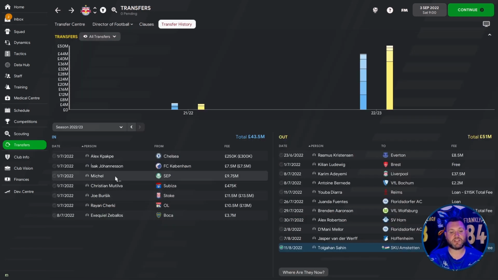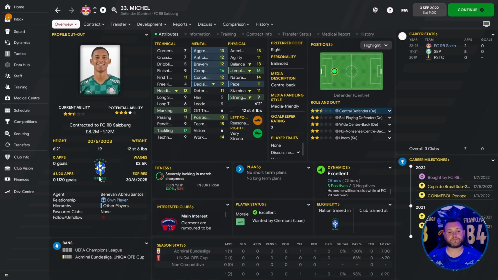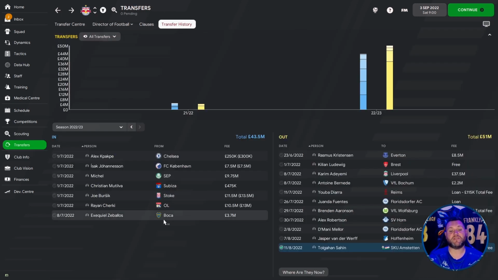The next player to come in was Michel. He is a centre-back. He has come from Brazil. Again, 6'2". He has good jumping reach at 16, heading only 13, but tackling of 17, pace of 11, acceleration of 13. Good mental stats to go with it. I think he is a player to have invested in for the future, and I really do think he is a player that we can develop. 19 years old. I think he's going to turn into a bit of a bargain, even though we paid